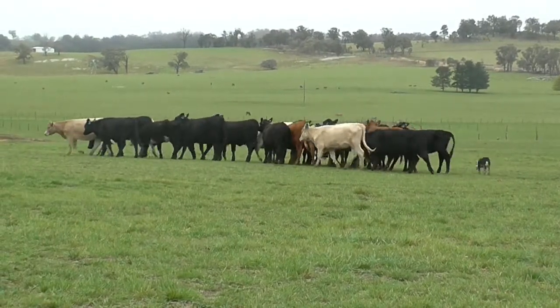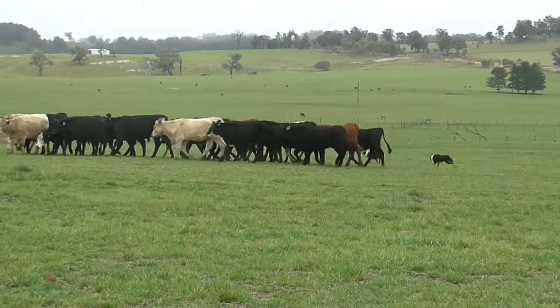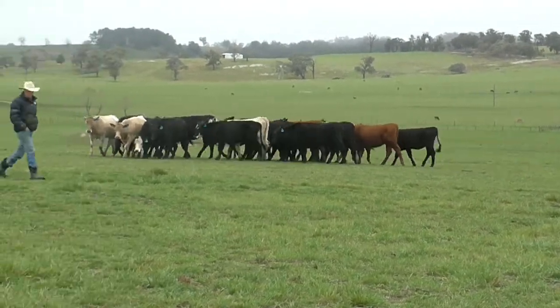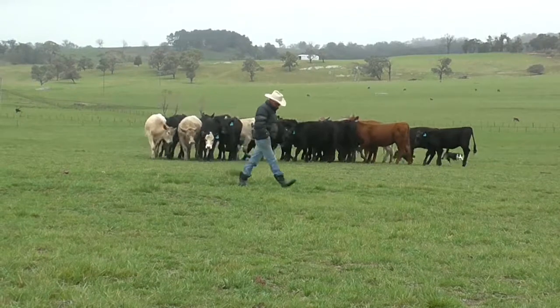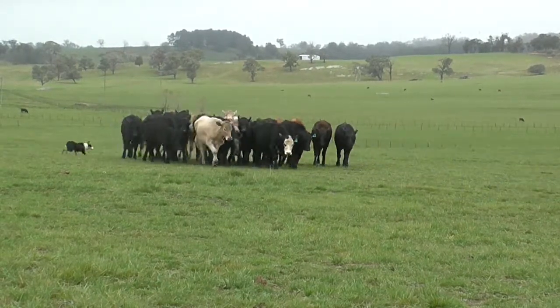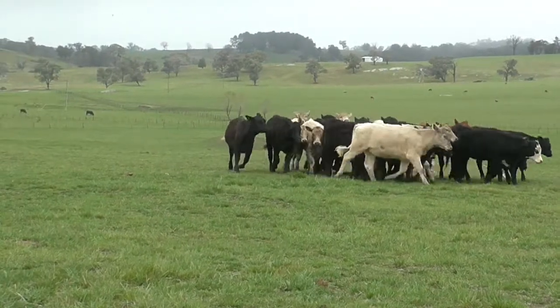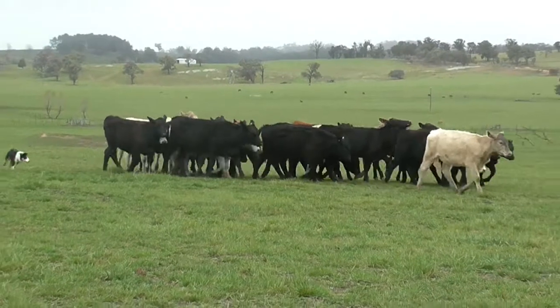on my commands. So I'll let them work here for a little while, and then I start to try and command them separately, so I don't just have them working together. They work together pretty well. They've got good cover, and they don't just follow each other anyway. They're very independent. I obviously started them